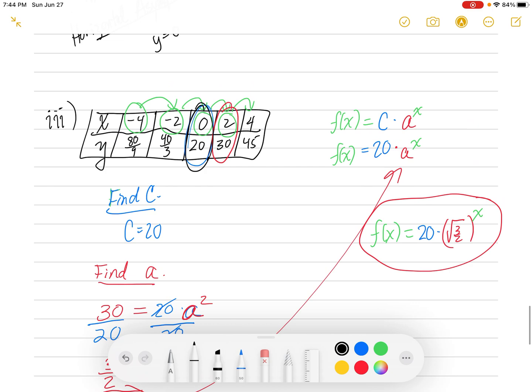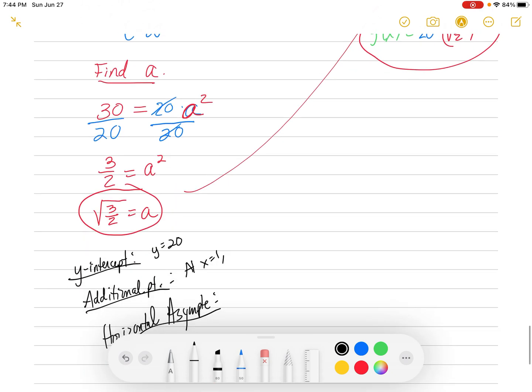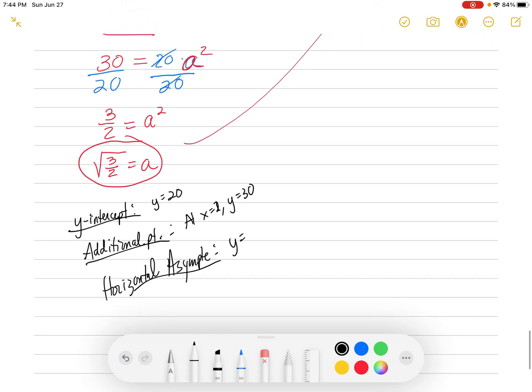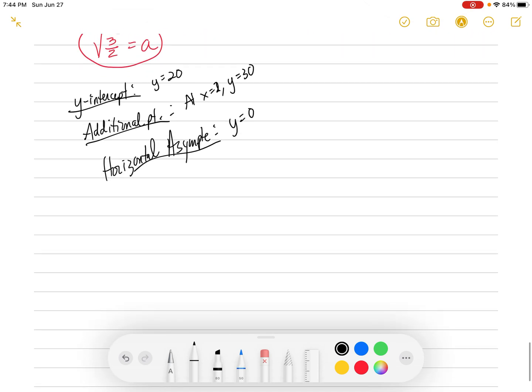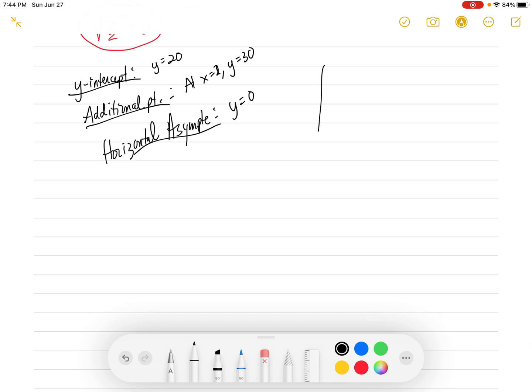So the y-intercept, remember, is 0, 20, or we'll say y equals 20. The additional point we'll get when x equals 2, y is 30. So 2, 30. Right, at x equals 2, y is 30. And we have a horizontal asymptote of y equals 0. So if I graph this out,